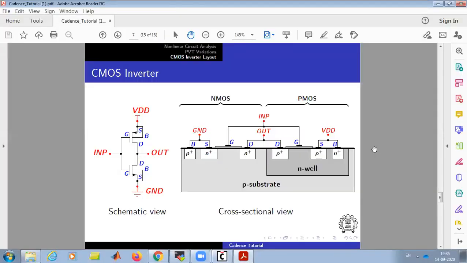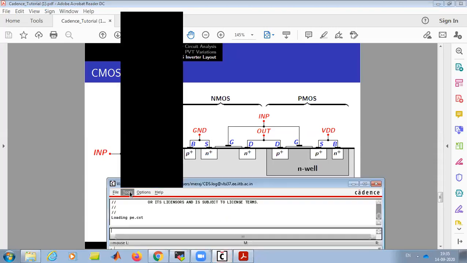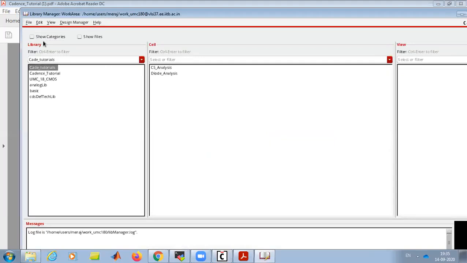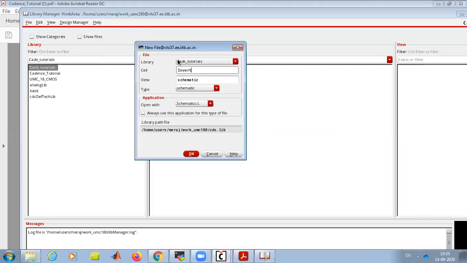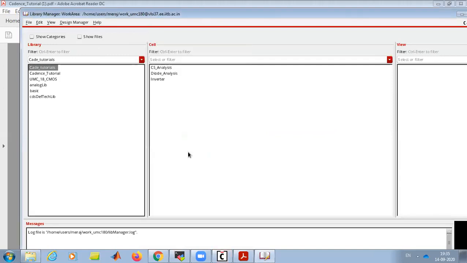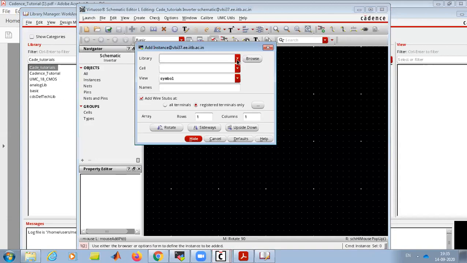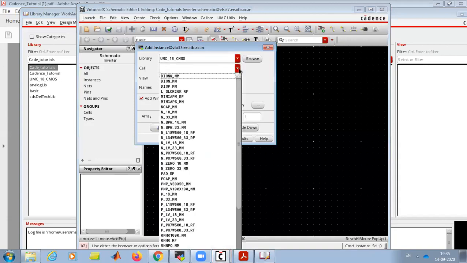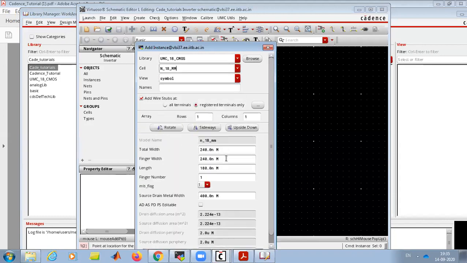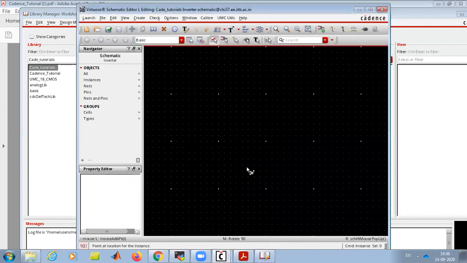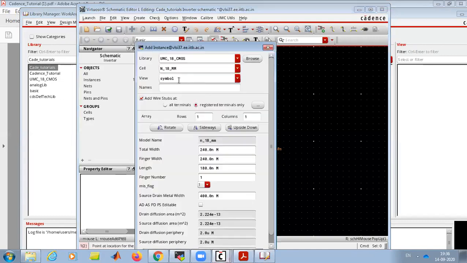So we'll now start with a simple schematic of an inverter. We'll use the technology library again, N18. This is NMOS. We'll use 1 micro. For PMOS,